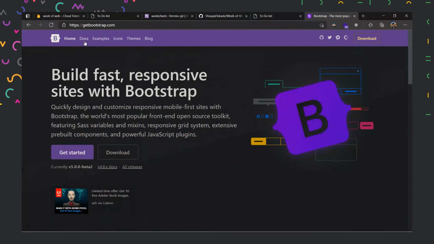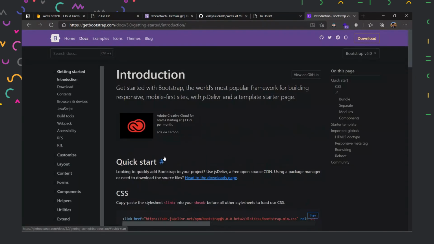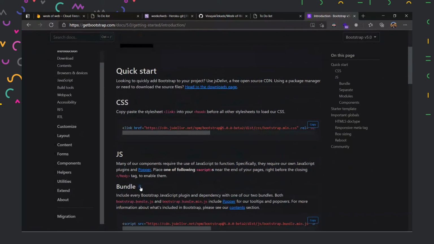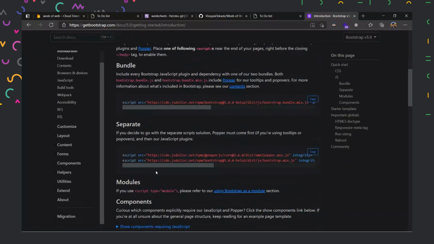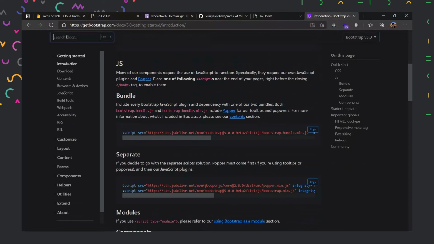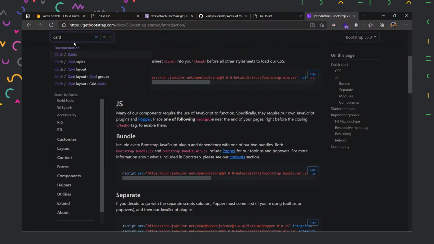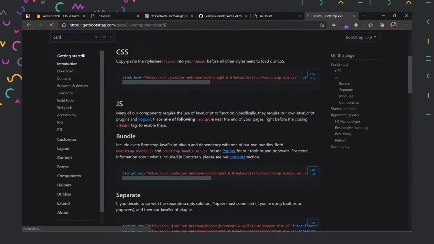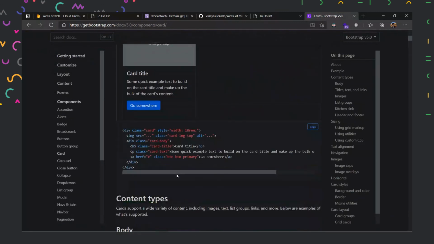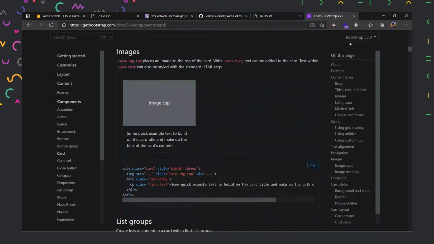If you go to the documentation, the best way to learn any application is by using their documentation. They have explained properly how to learn Bootstrap and how to use it. Let's say you want to create a card element. You can just search here for card, and it will show us the different ways a card could be implemented in Bootstrap. So this is possible.